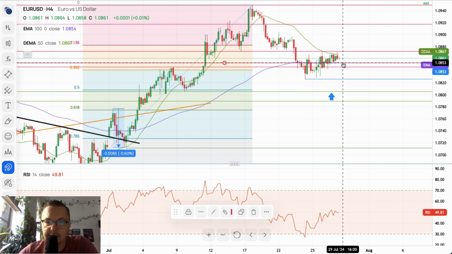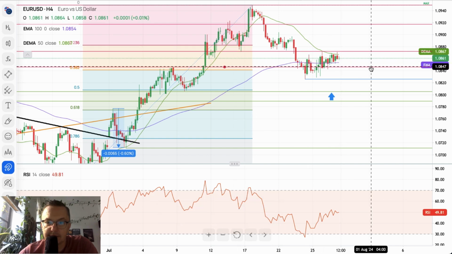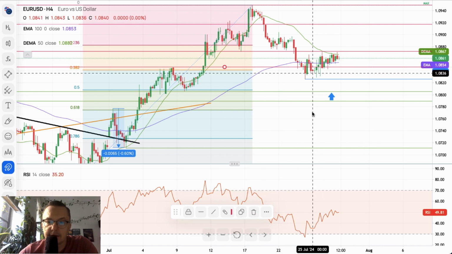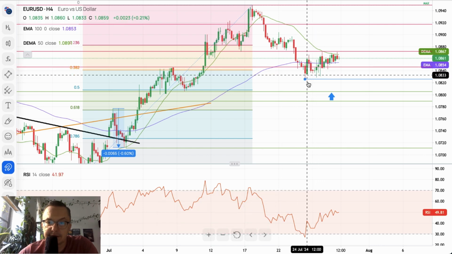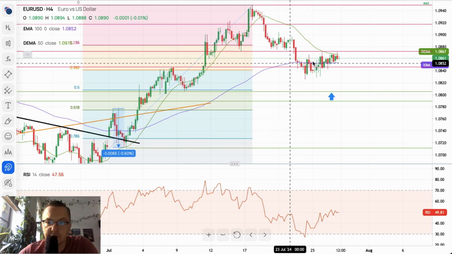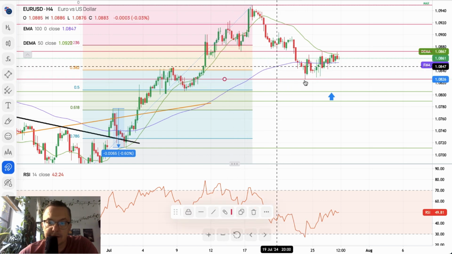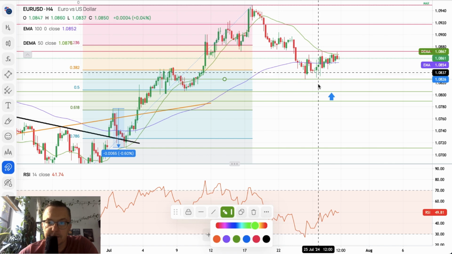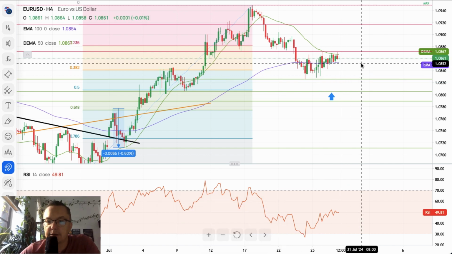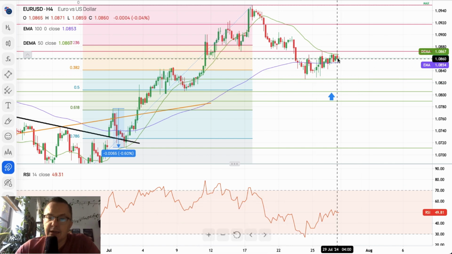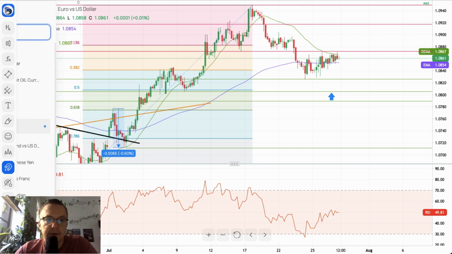Right now this level is no longer valid because the market doesn't respect it, so let me just move this one roughly here. So that's the technical support, and this is the clearer picture. This is how the situation looks, very tight, waiting for the breakout on the euro dollar.